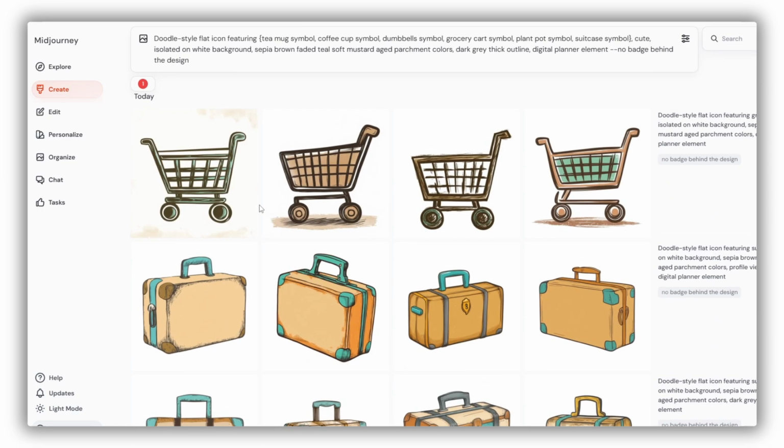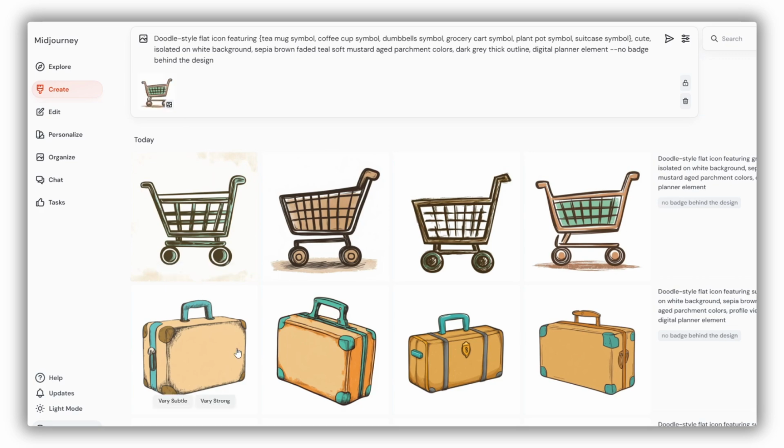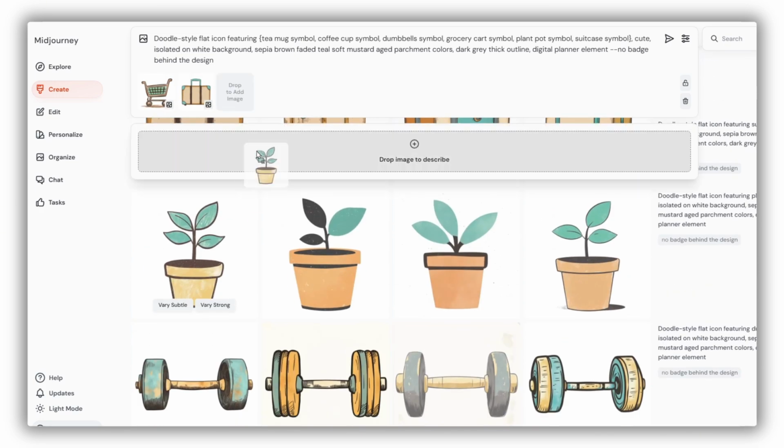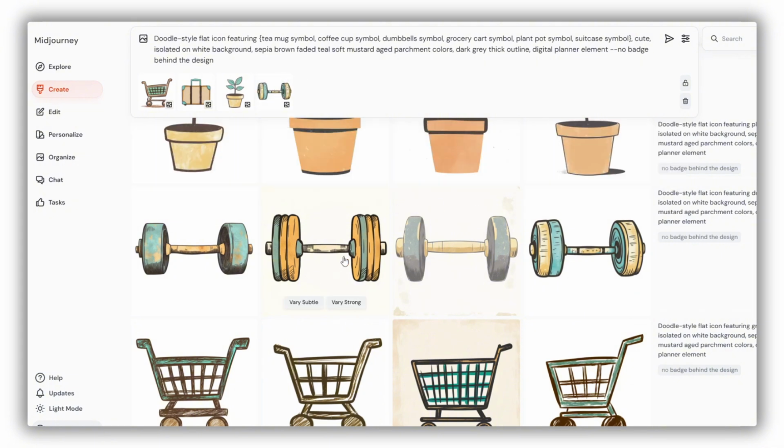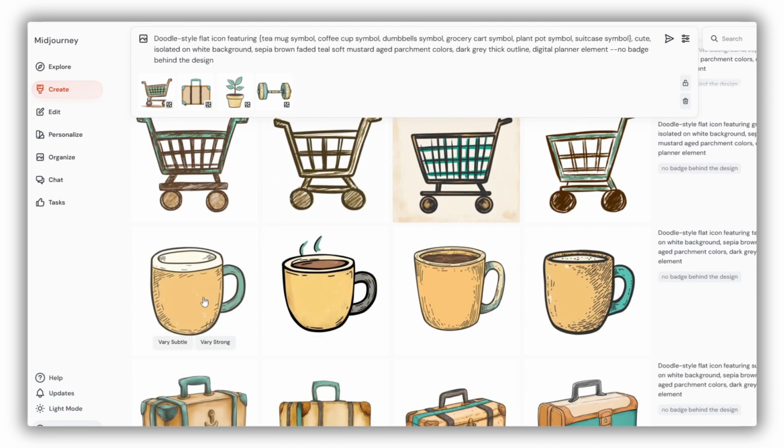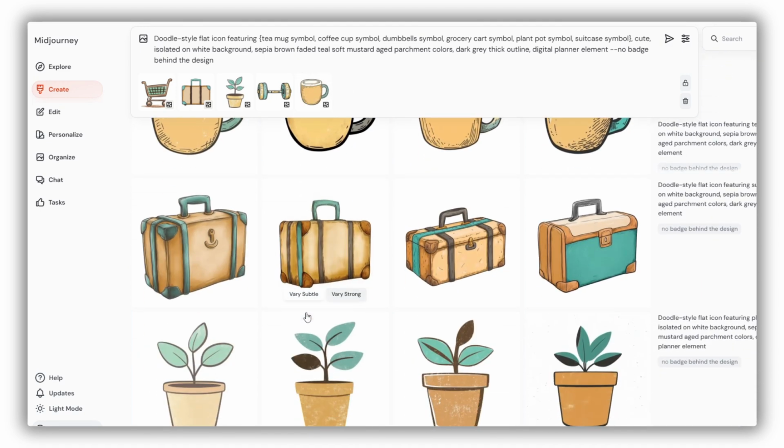Let's hope that our card will be nice this time. Oh yes, I like this one. This is perfect. Then the suitcase, the plant pot. You know, it's not actually necessary to experiment with the same objects that you use here. It's not 100% necessary, but it's a good experience. Okay, this one,